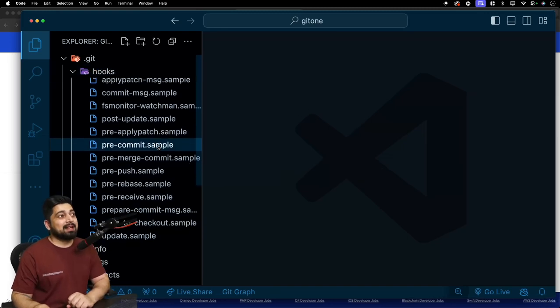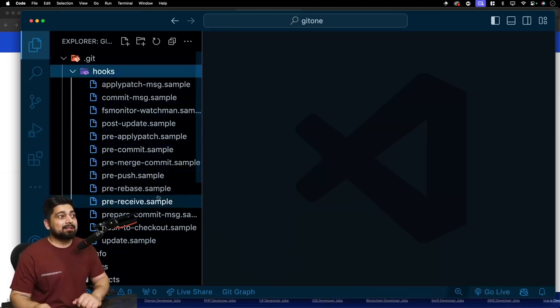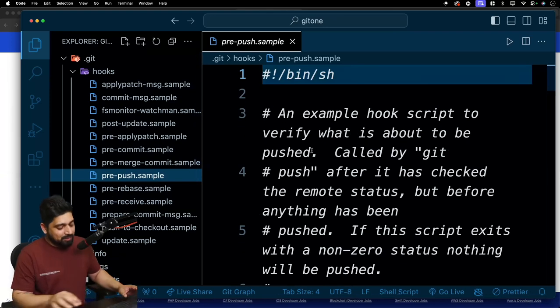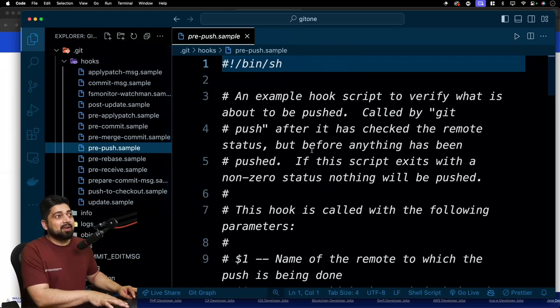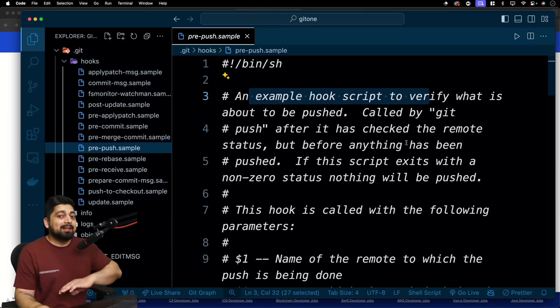And a lot of companies do that. These are just the samples here. You can go ahead and change these samples, like pre-push. So this is all the code for how you can write these hooks. Let me just zoom out a little. So these are all the codes showing how you can have an example hook script to verify before the